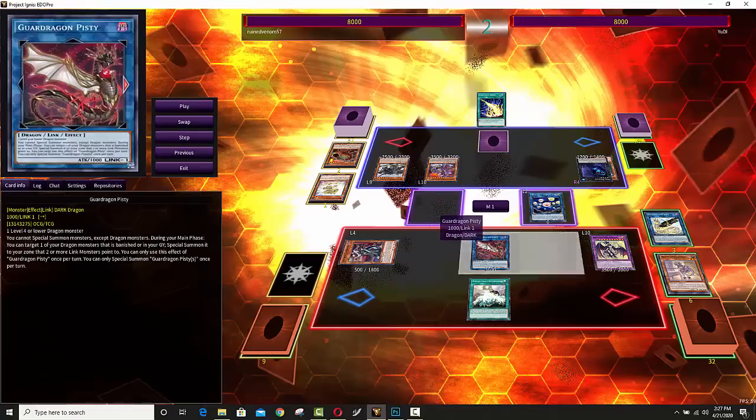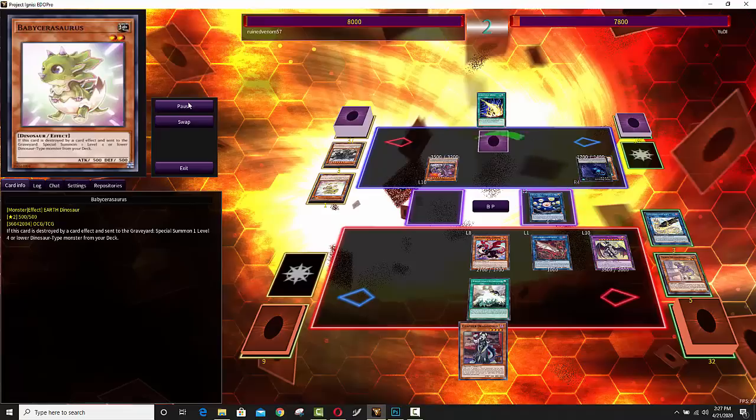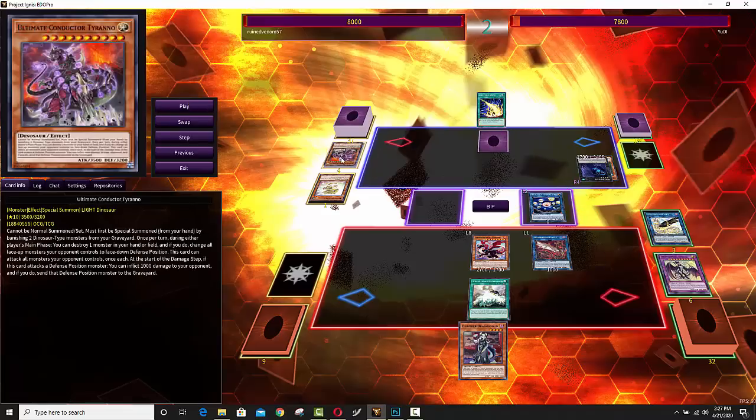Now he will go for the Pisty, and again, you think, what can Pisty do without the other Guard Dragons? Just watch. He can do a lot with Pisty. So he's going to go to battle phase. He's going to tag out. Now he's going to crash a couple of monsters, and he's actually going to take a trade here, Ultimate Conductor Tyranno with